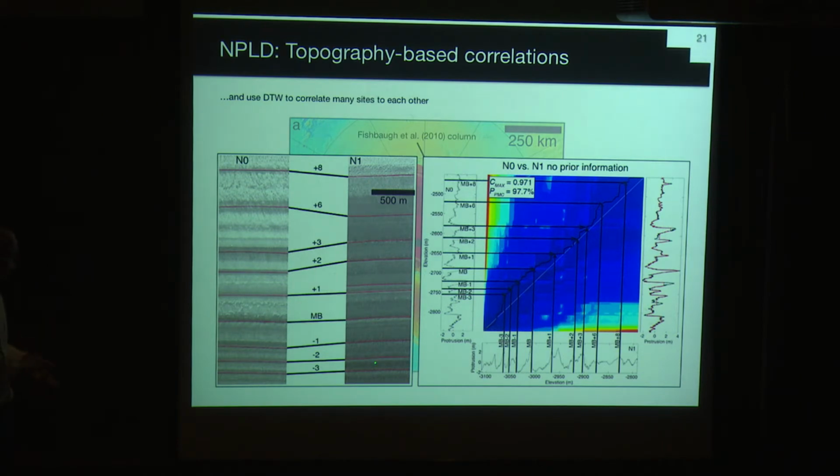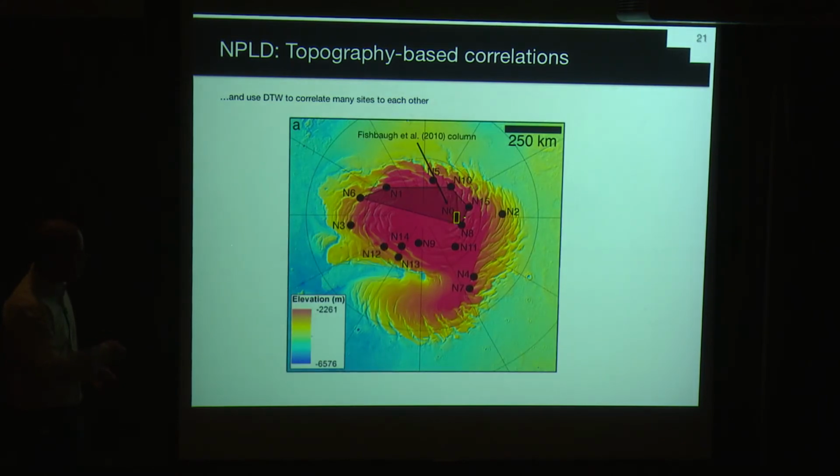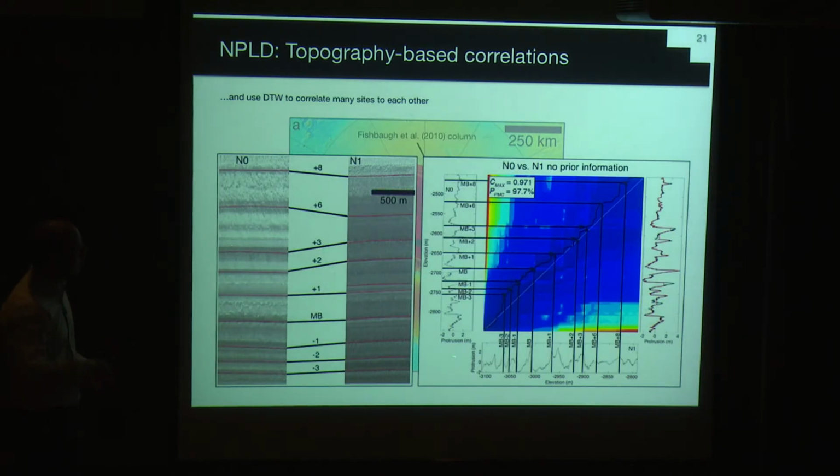And so this is an example of what that looks like. These are the two HiRISE images and how the resulting correlation would look. And here you have one protrusion profile of this N0 site, which is the same site where the Fishbaugh et al. column was built, which is why it's in yellow. And then you have this other site here, N1, which is over here. And you can see that there's a pretty good match over here where you have both profiles kind of overlain. The only thing you have to know about this middle section is that this path shows the way in which the signals had to be modified in order for them to match. And so this is a fairly statistically good match.